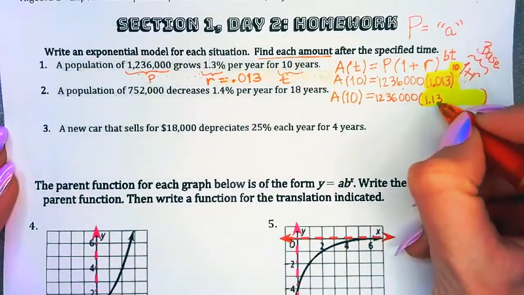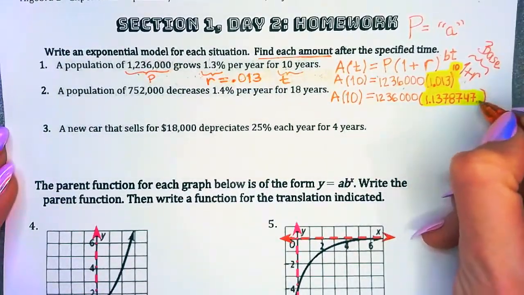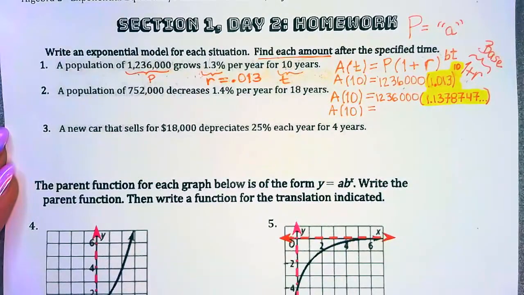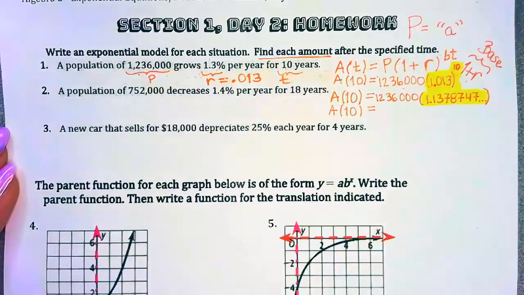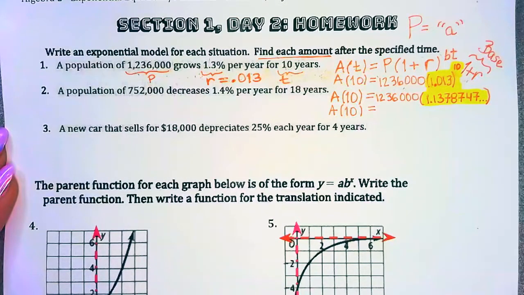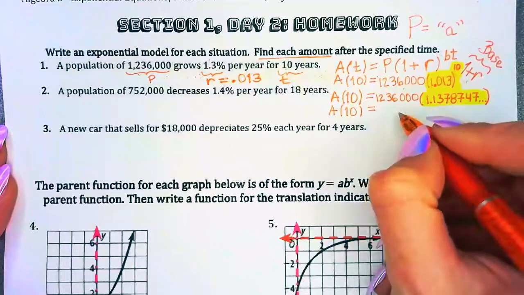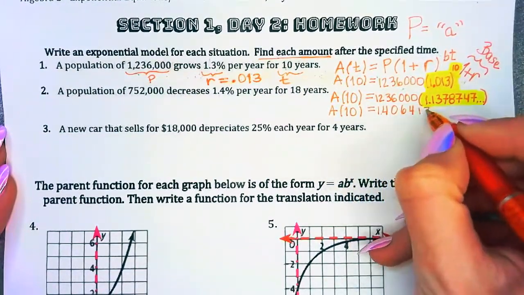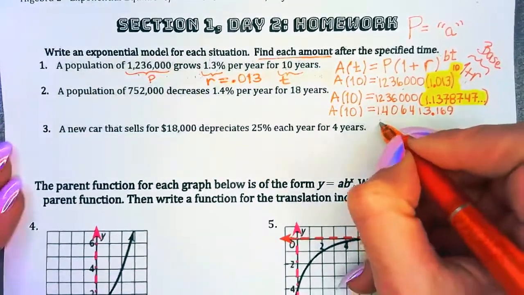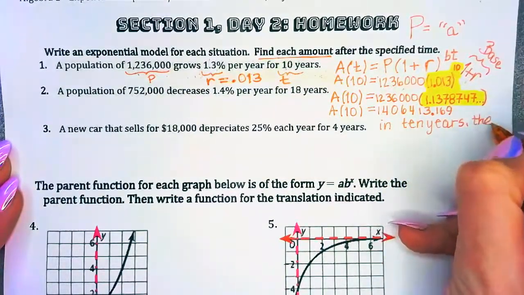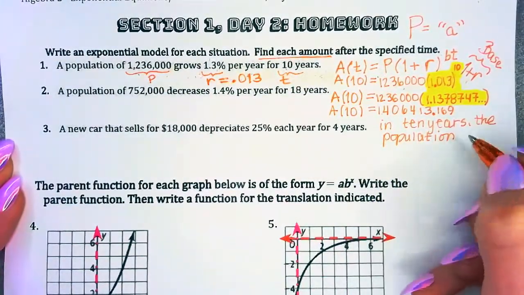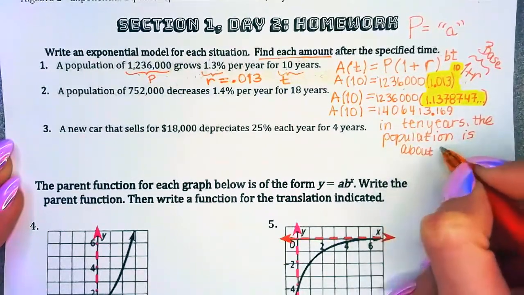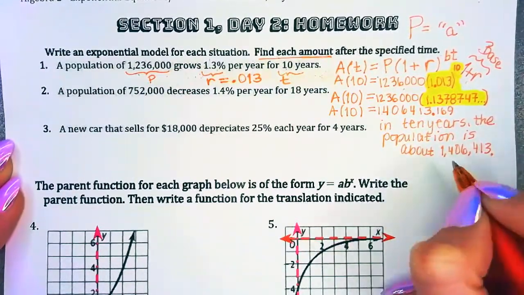If you do that, you will get 1.1378747, and the list goes on. Do not round this number down to a shortened value of itself. Leave this entire number on your calculator screen. Then, right from there, multiply by your P value of 1,236,000. After you do that, you should get 1,406,413.169, and so on. Since we're talking about a population, we're going to round to the nearest whole number. You can't have part of a person. In 10 years, the population is about